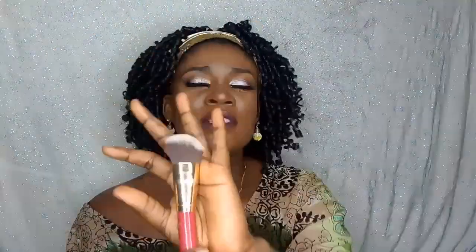This brush was given to me at a Glam by Stoken's training I attended in 2016, and it was part of what was in the goodie bag. I like this brush because it is full. I can also interchange it. I can use it as a blush brush, I can use it as a contour brush. Because of the way it is slanted to one side, it fits perfectly when I'm trying to do my contour,